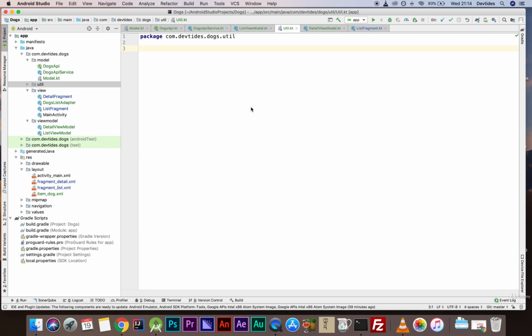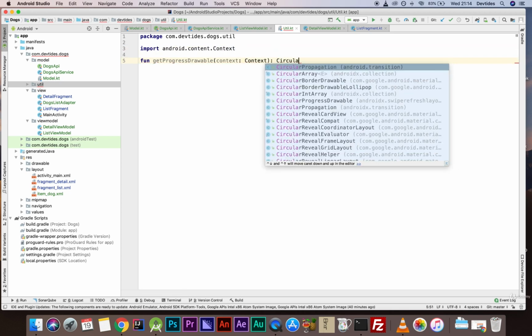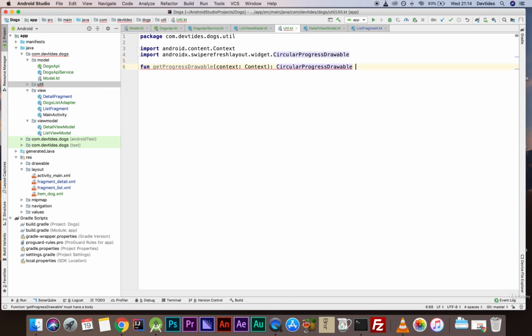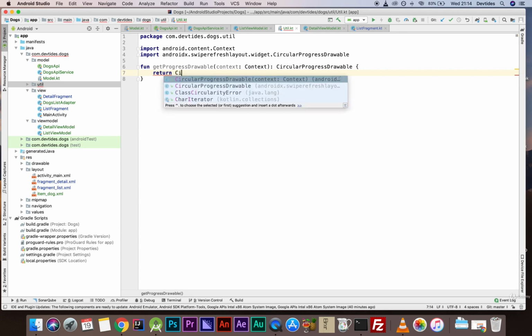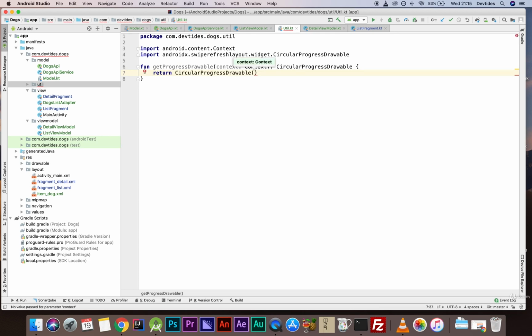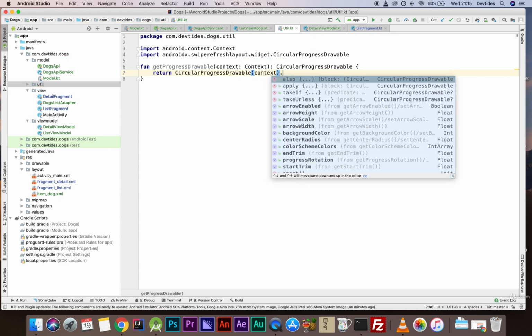Now in here, the first thing we need to do is define a function that will give us a little spinner that we can display on the image while we're waiting for it to be downloaded. So in order to do that, we're going to have a function called getProgressDrawable that takes a context as a parameter and returns a circular progress drawable. All right. Now we will simply return a circular progress drawable. We're going to pass the context here dot apply,